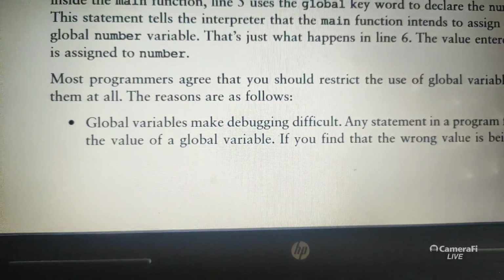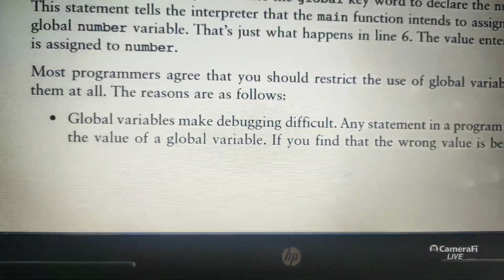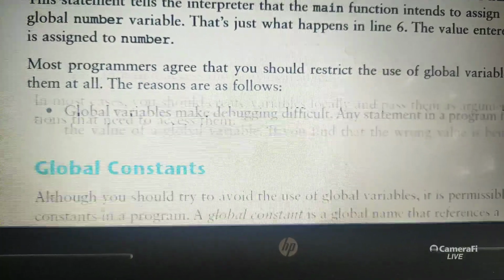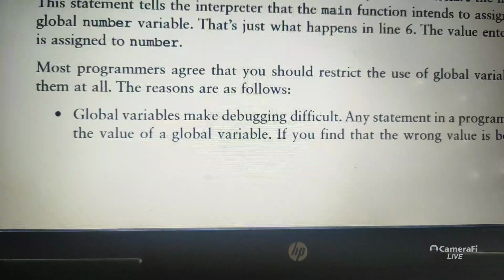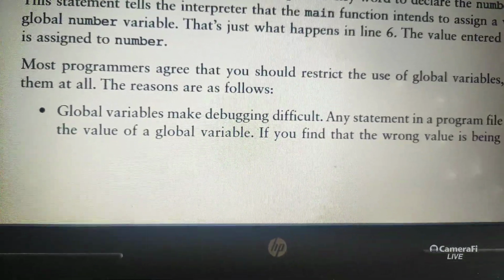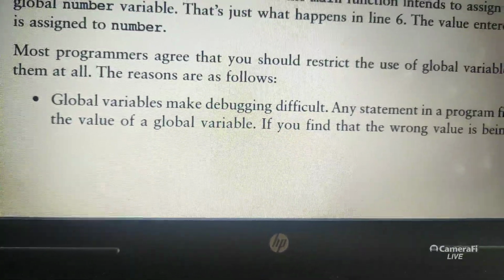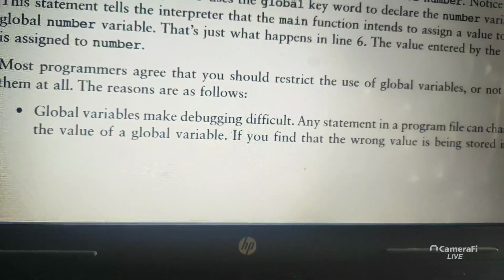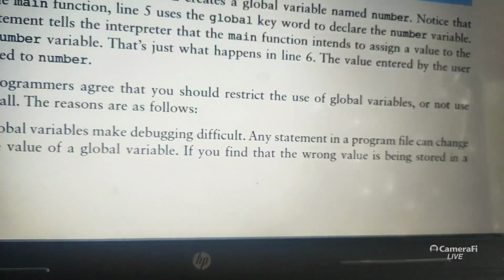Most programmers agree that you should restrict the use of global variables or not use them at all. It is better to use as many local variables as possible inside a function. Most programmers want to avoid them; there are certain reasons to avoid the use of global variables.